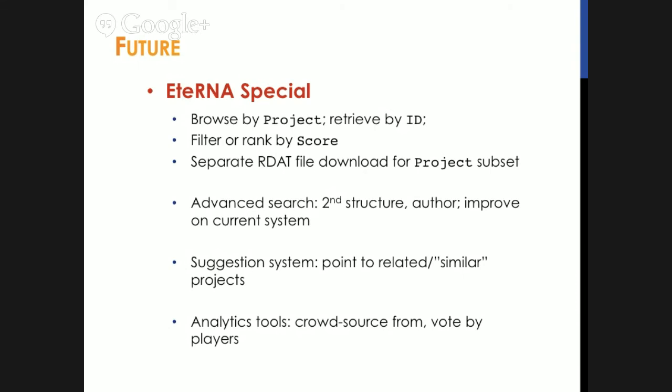Yeah, so adding more functions around the score term, so that maybe you can rank or filter by the score. And also since we can pull out a subset of the RDAT files either by project or by ID or by score, we should enable a download of an RDAT file that only contains the subset of the entries, which should be a smaller file size, and it should be easier for example for loading in the Eterna platform, because for the API, it doesn't need to download the whole RDAT file anymore. It just can pull out